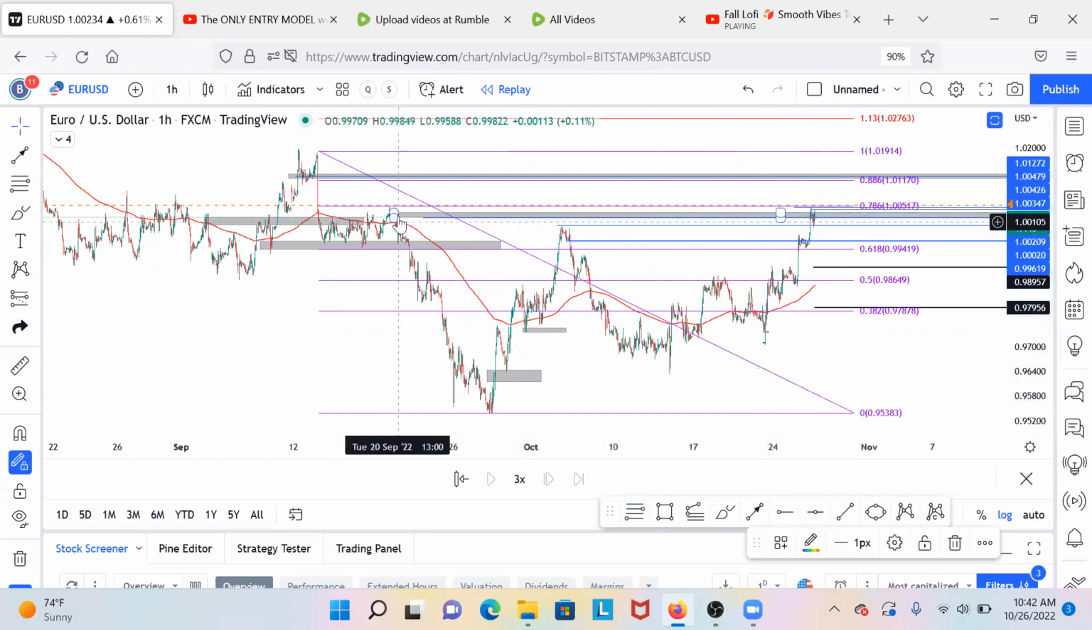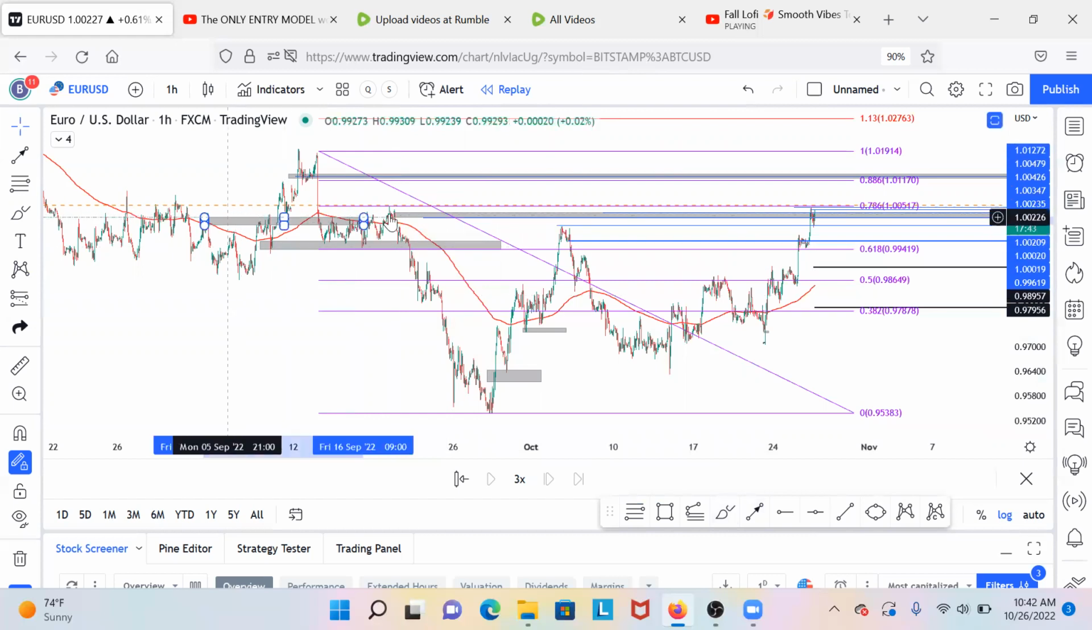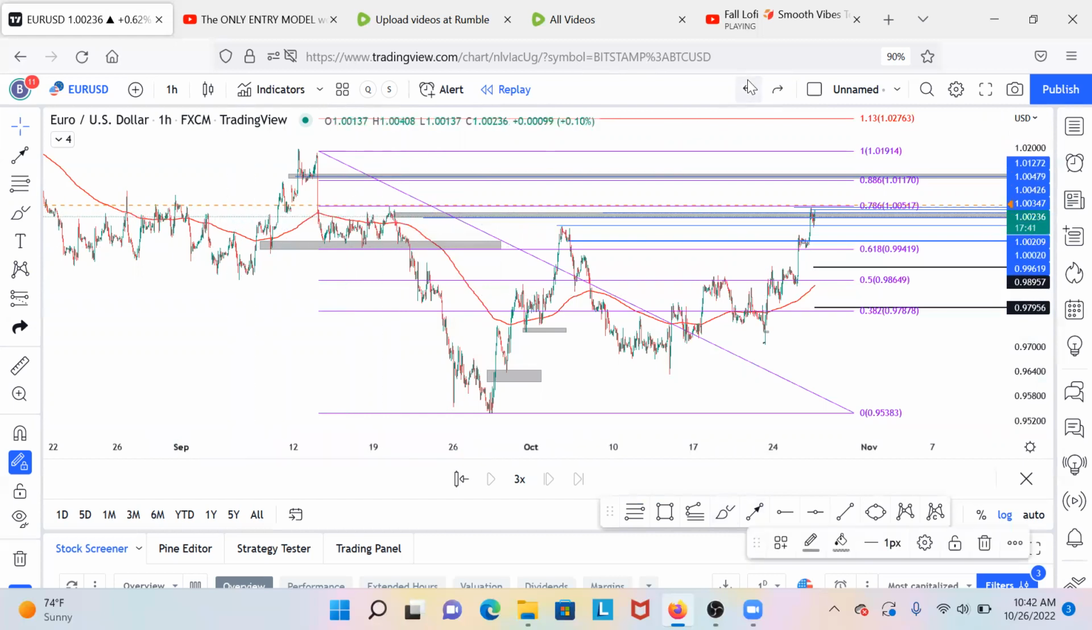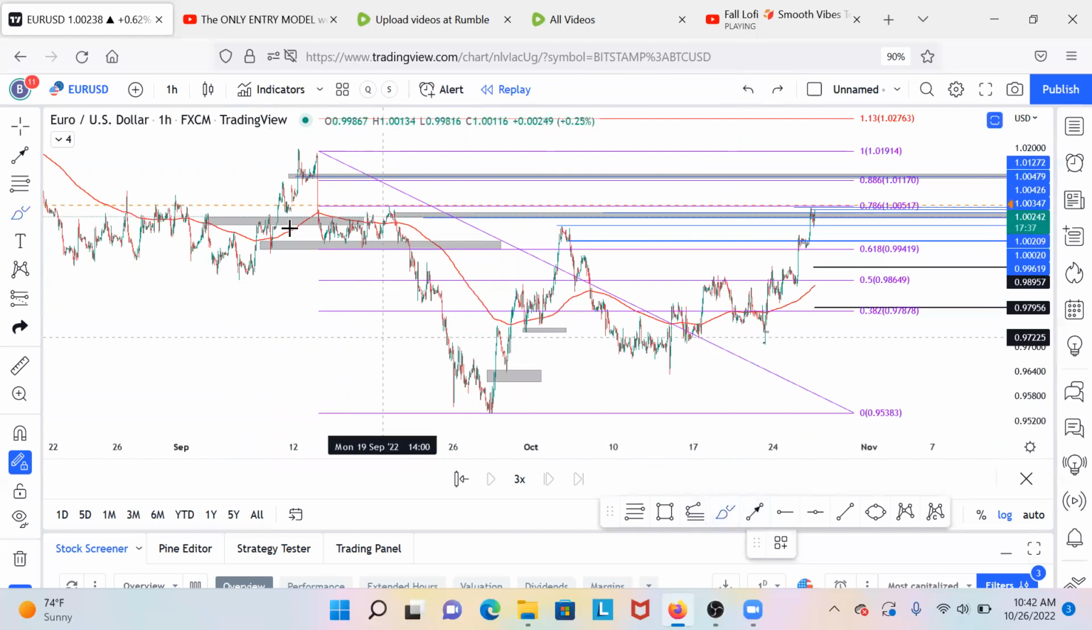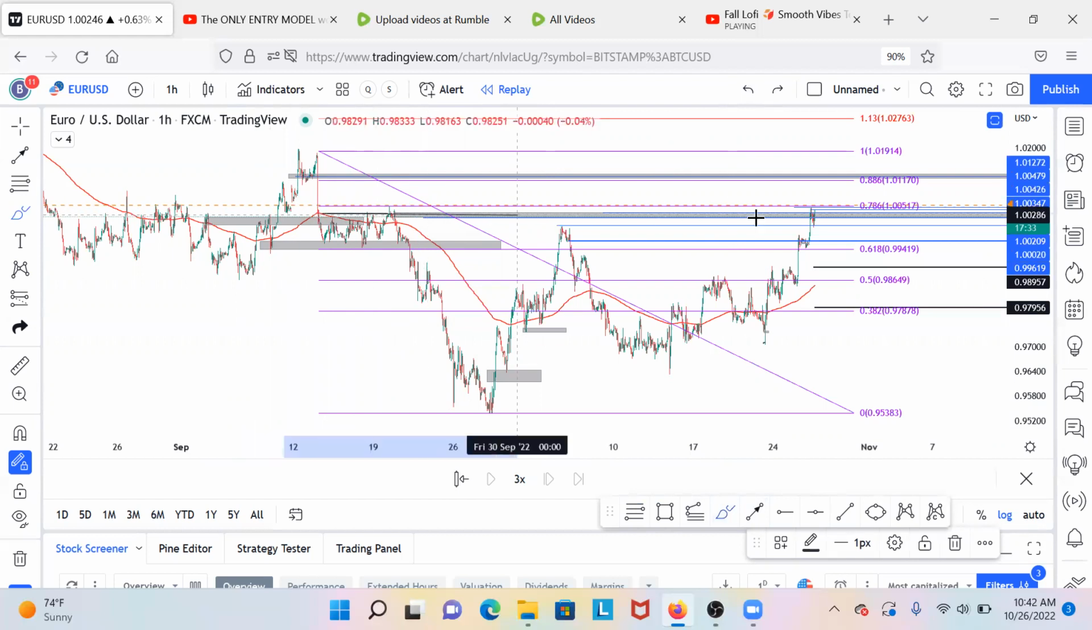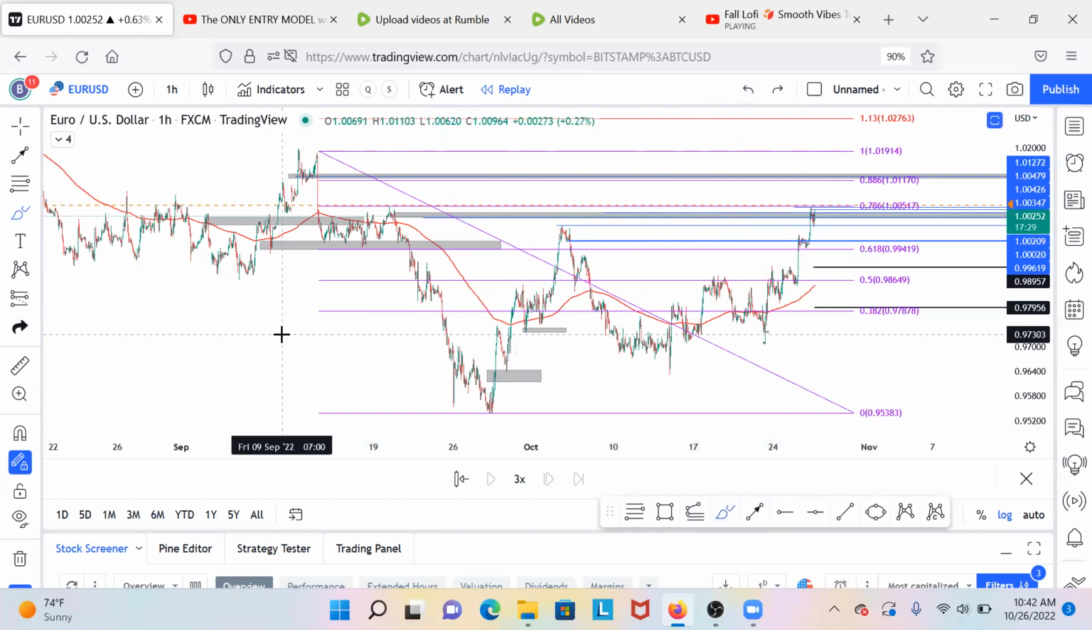Also looking over here to my left, we have structure over here, major structure all the way across the board on my left-hand side. This structure point right here, level of resistance, is aligning with this level over here. So I'm looking at this as a high probability trade opportunity,